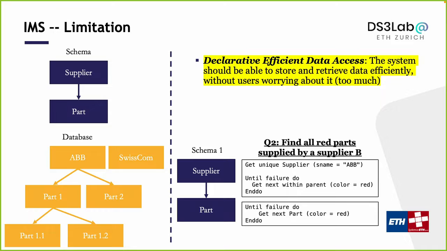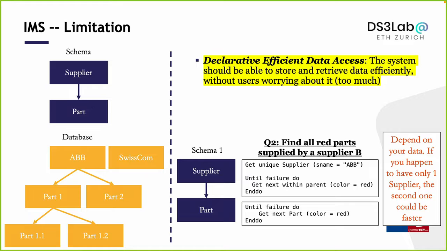For example, I could write a query like this. I just go through all the parts and try to identify whether each one is red or not. Assuming I have a single supplier, the second query will be more efficient than the first one. It's probably a more efficient implementation compared with the first one. When you have a lot of suppliers, the first one will probably be correct, and the second one is actually wrong. But as a user,